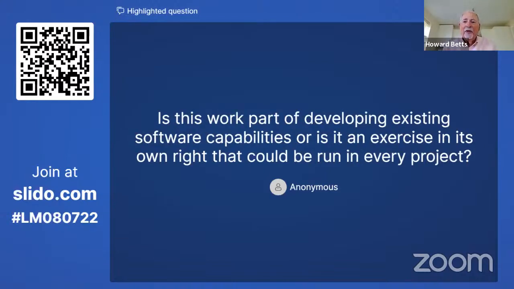Is this work part of developing existing software capabilities, or is it an exercise in its own right that can be run in every project? In fact, it was a research project funded by EPSRC, a research council, as a research prototype.